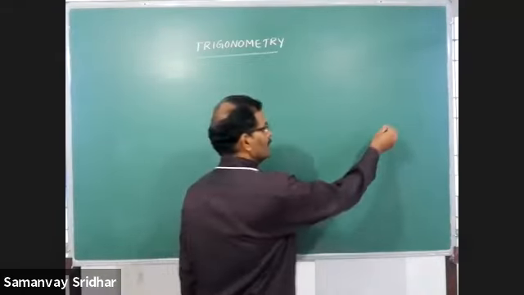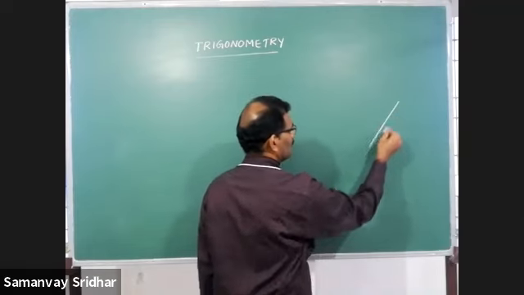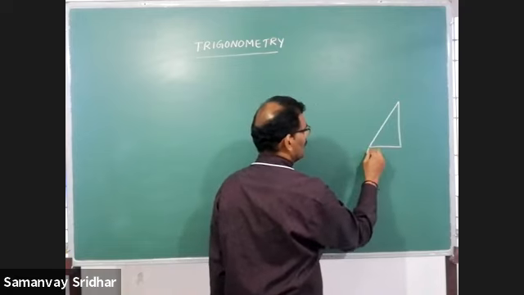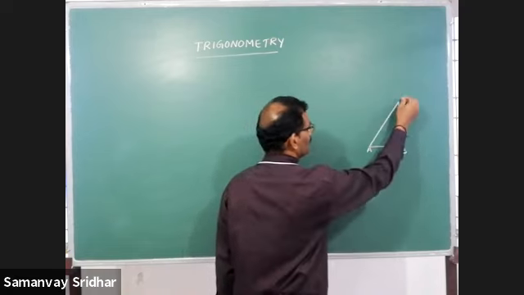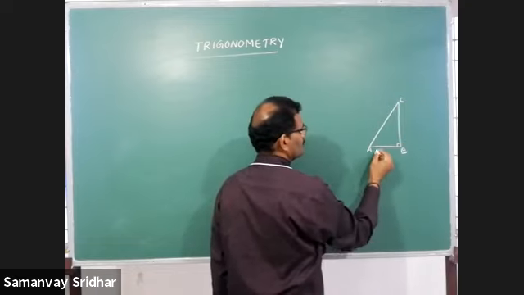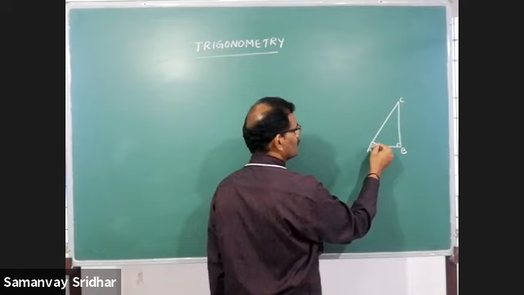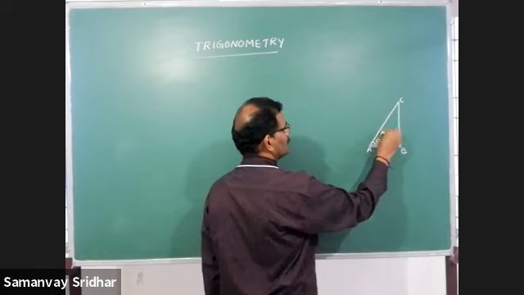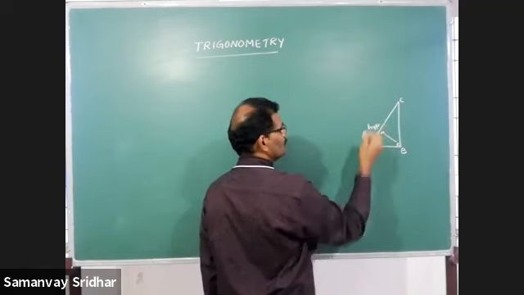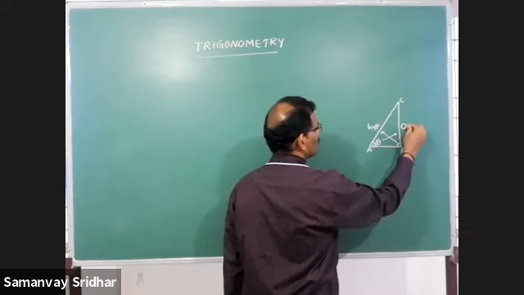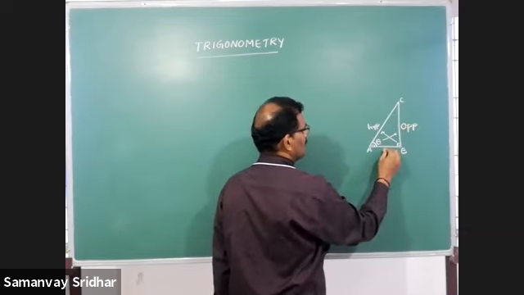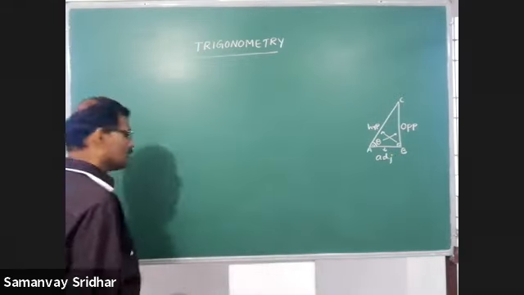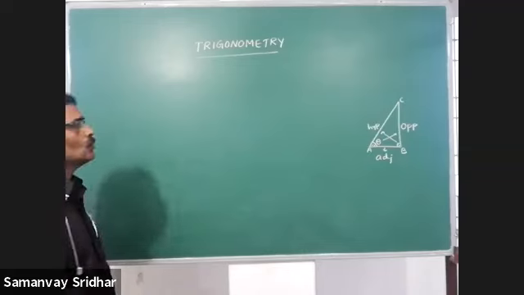I told you that clearly we have to go for a right angled triangle. Name this triangle as ABC, 90 degrees, and one of the acute angle should be marked, say that is theta. The side opposite to 90 degrees is what? Hypotenuse. The side opposite to theta is what? Opposite side. And the remaining is nothing but adjacent side. With respect to that, we have to write the T ratio.